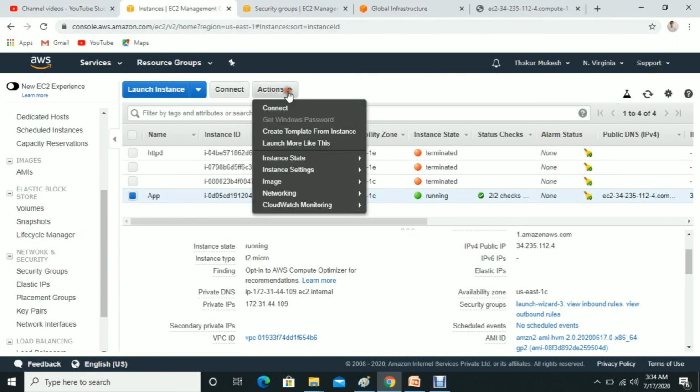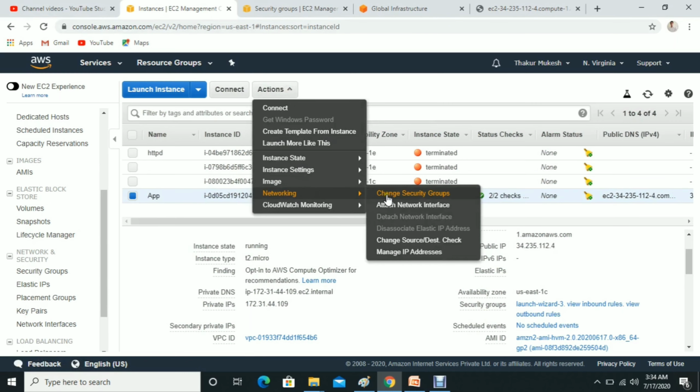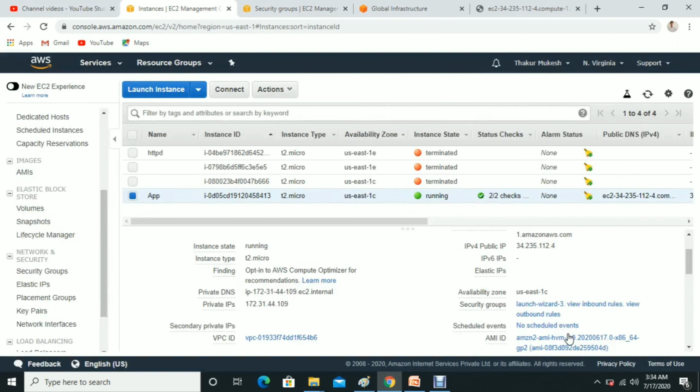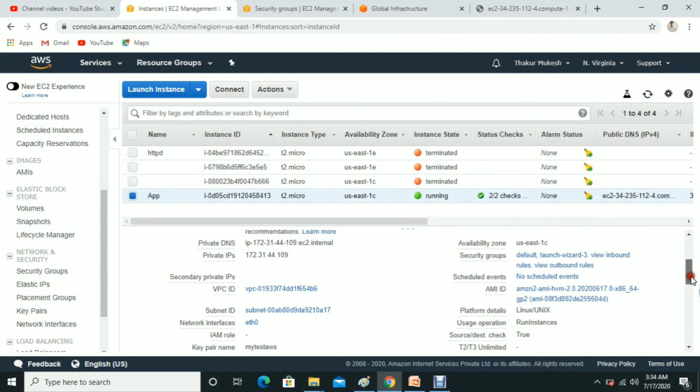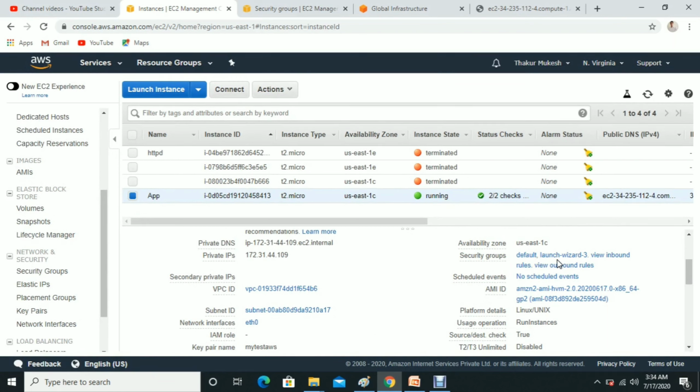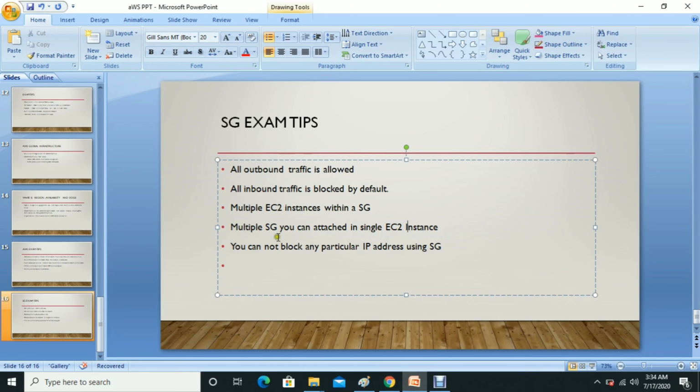Go to the Actions button, then Networking, then Change security groups. Select the default and assign. Now if you go to the security group, you can see default and launch-wizard-3, so two security groups. Like that, you can assign multiple security groups to a single instance.